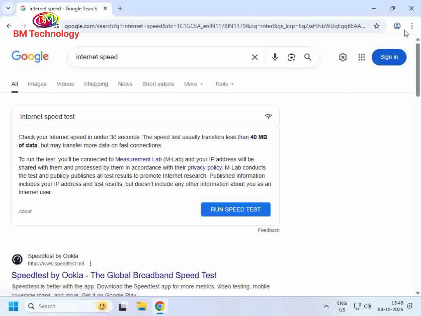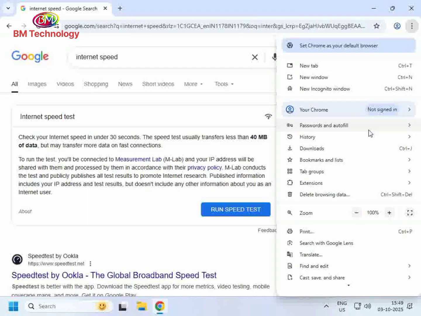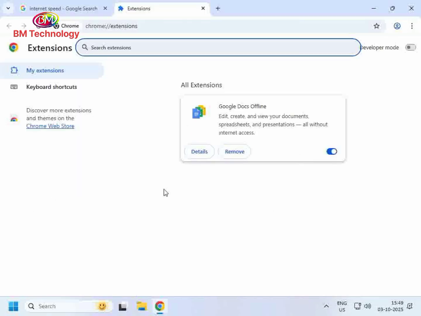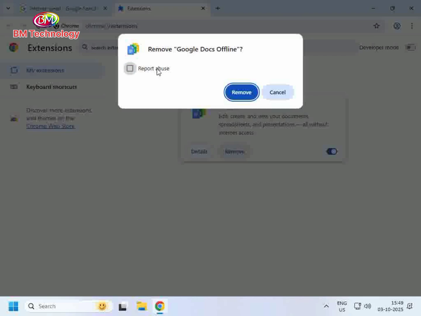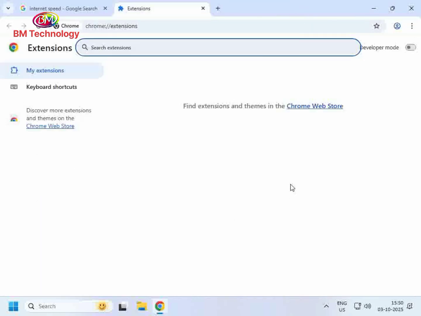After this, click on the three dots, click on Extensions, click on Manage Extensions. Check here if any extensions are there. My Google Docs extension is here. Click on Remove. Okay. Now click on Remove. Then